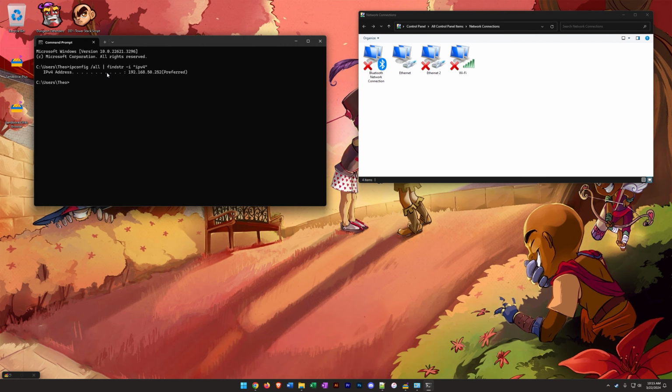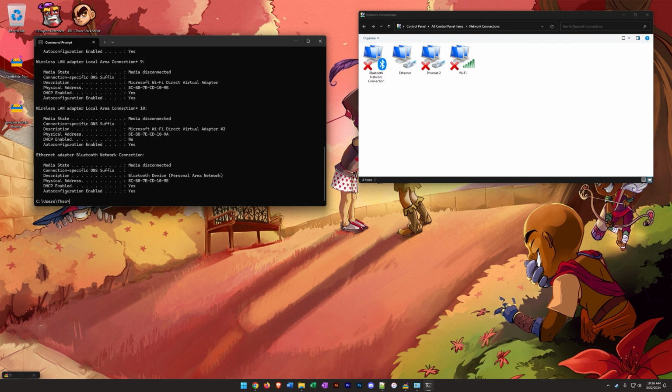I have a single IP address, which is my main IP address. This is an IP address that I've already gone into my router and into my DHCP settings and set as a static IP address for my computer, so that my computer will always have this IP address. So what we're going to want to do is create a second IP address for the same network card. This is the top of my DHCP range, so I am going to use .253 as my second IP address, as that IP is just not going to be given out by my DHCP server that's running on the router. So what I am going to do is type in